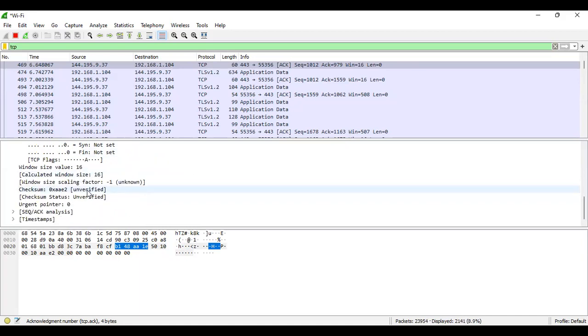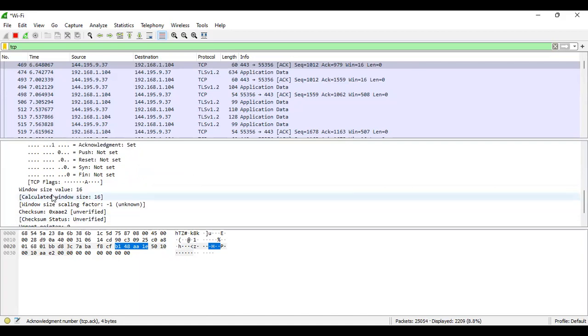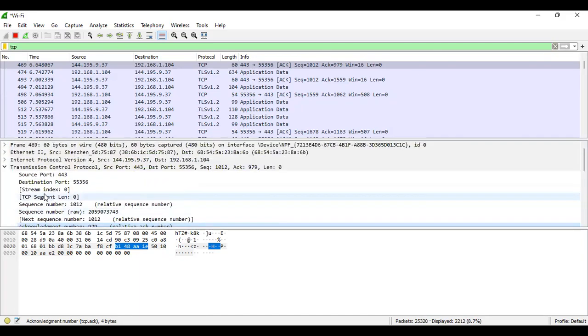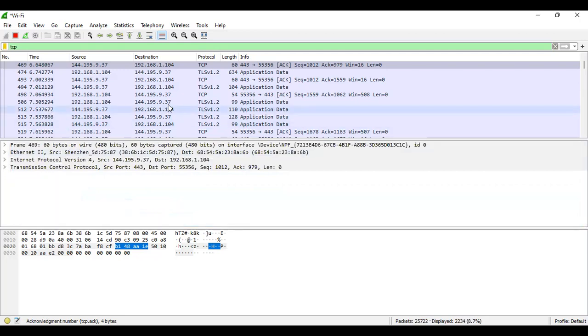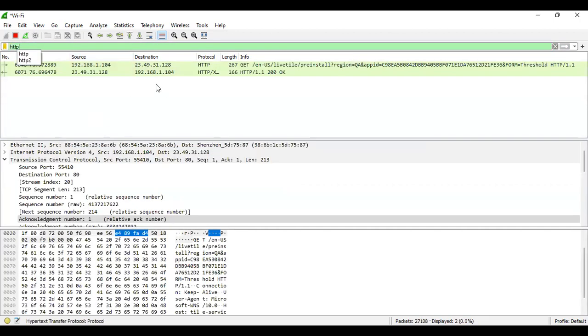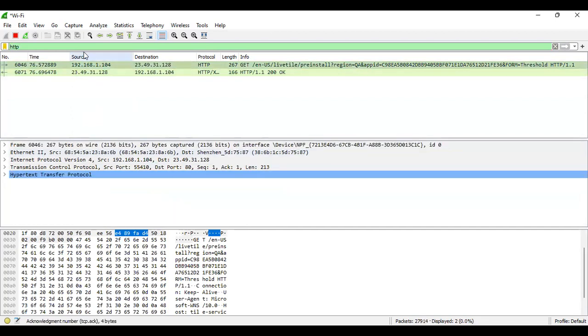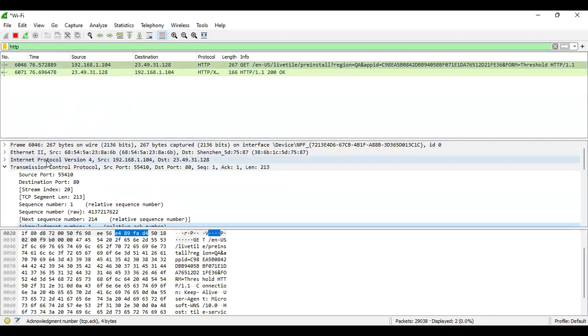Then if you come down, you can also see there is no additional information regarding the application layer. What does that mean? Can you refer to any application layer protocol? For example, HTTP. Here you can see one HTTP protocol, which is application layer. If I take that, you can see after the transport layer, which is TCP, then again you can see HTTP. If I expand this,